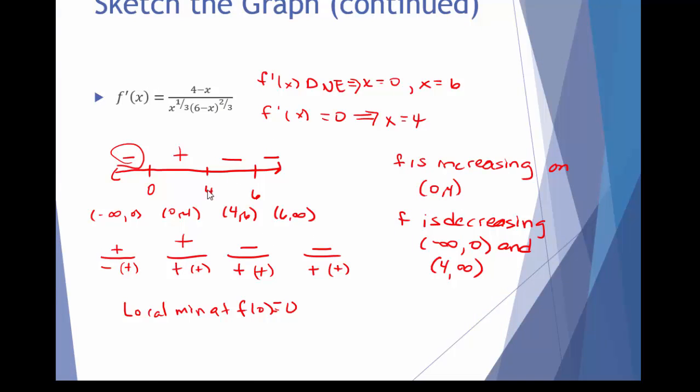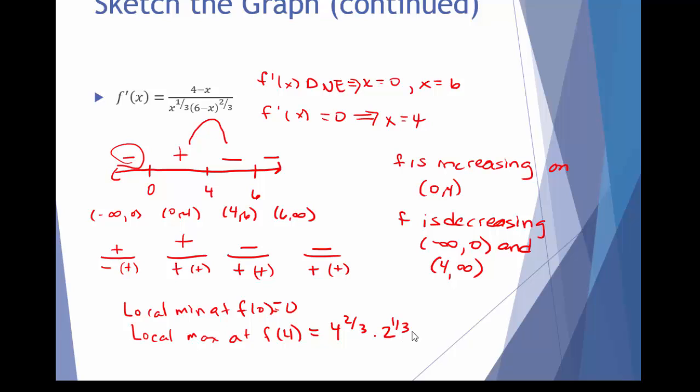The other place we're going to see something happening is at 4. Notice the derivative changes from positive to negative, which means the original function goes from increasing to decreasing. So we're going to pick up a local max at f of 4. And when you plug 4 back into that original function, you're going to get 4 to the 2/3 times 2